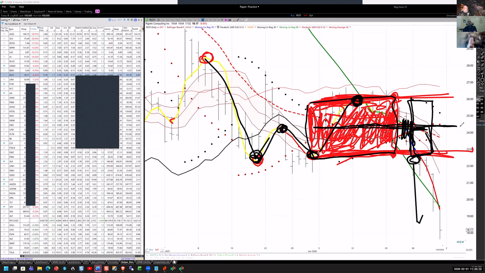So if this thing reversed against me and got me out, I'd take a minus 0.5. Or you can just say, look, that's $1.50. If I'm short at 23, and that's 24 and a half,